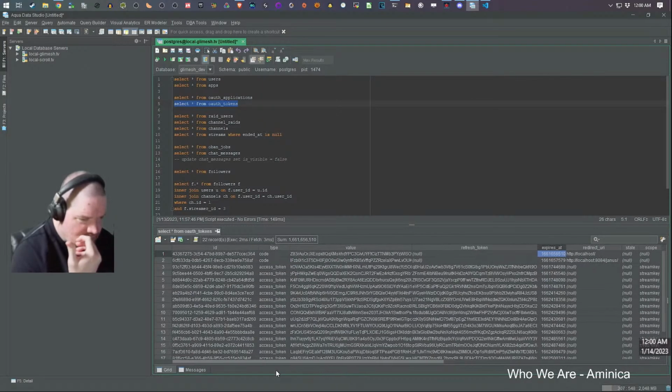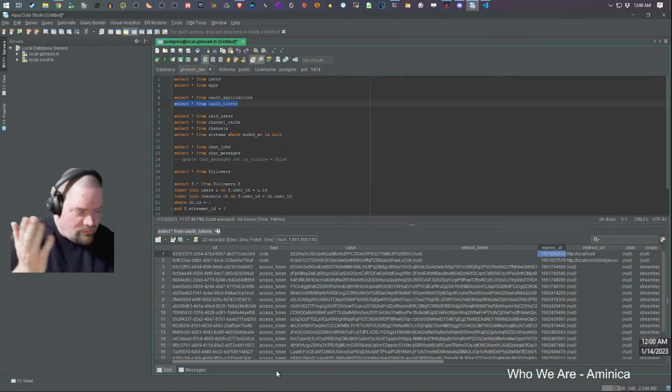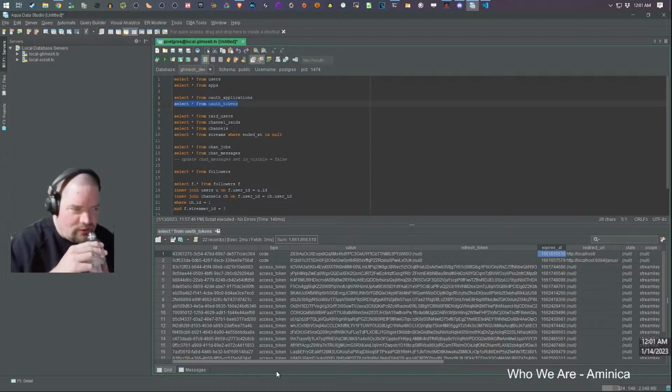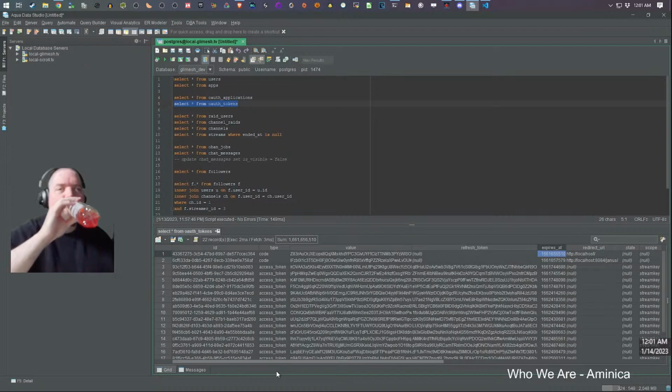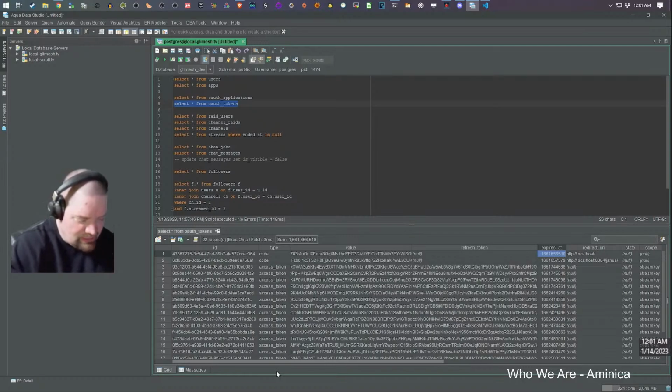Like, if it's OAuth, it's going to expire, and then the calling program has to ask for a new token using the refresh token that they've been issued. Right? So, looking at expires, that doesn't make a whole lot of sense. Unless I'm just misreading that.